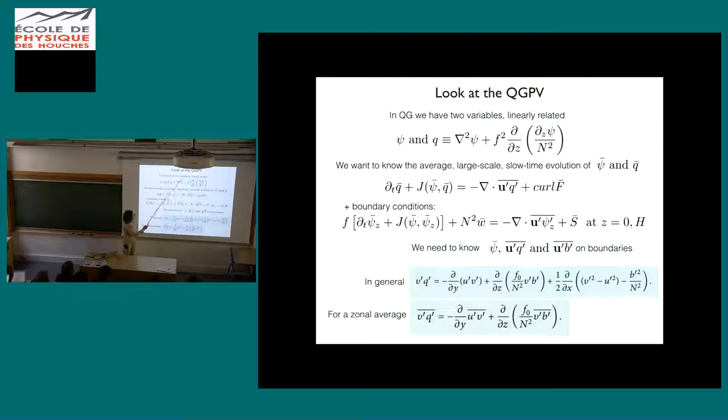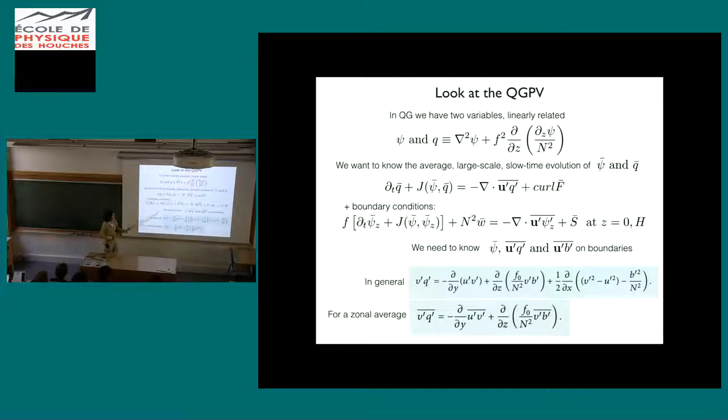We can look at whether we can get more insight about the mid-latitude circulation by looking at the quasi-geostrophic potential vorticity equation, where we really just have one variable, psi, and the PV, and they're linearly related by this inversion, where if you know the PV, you can get psi by inverting this equation, of course with boundary conditions. Now, in general, if the flow obeys quasi-geostrophic dynamics, and around the Ferrel cell, if you ignore humidity for the moment,